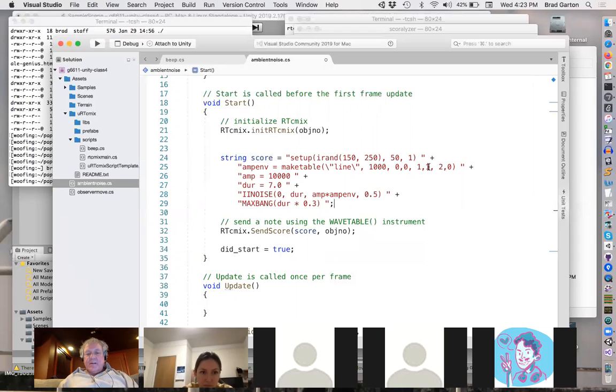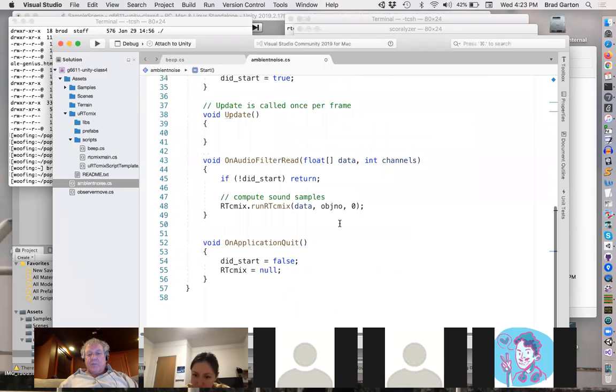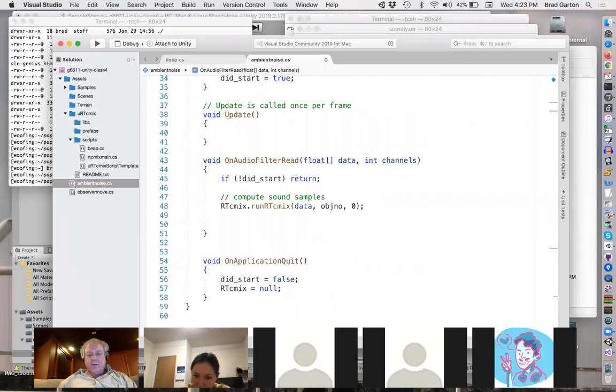Okay, and that then takes this whole nonsense and sends it to RTC Mix, and it starts doing its stuff. It'll start making noise, and it's going to send a max bang. So we need to intercept that max bang and then resend it, because that's the kind of banging around that goes on. So let's go down here where we're computing our samples, and we say if RTC Mix dot